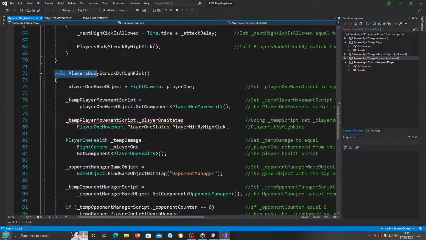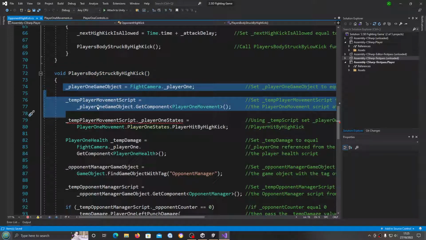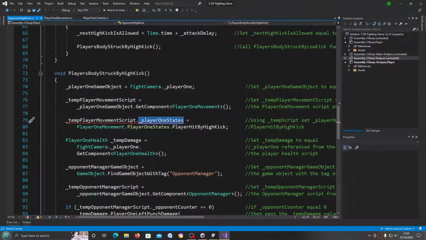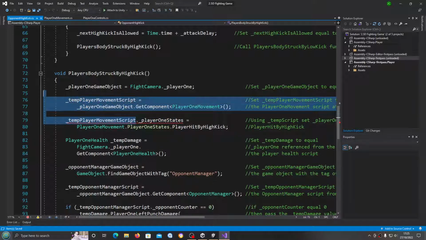So in this void, player's body struck by high kick, we've got all this code to get the play one movement script, and then we're actually changing, once we've assigned this script to a temp, but now we've changed this out to a static, it isn't working, and we can actually get rid of everything above. So where we make this equal the fight camera play one game object temp,